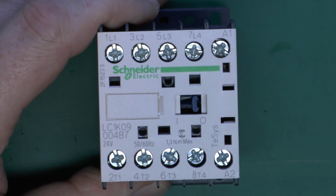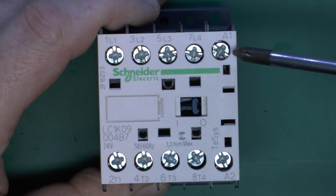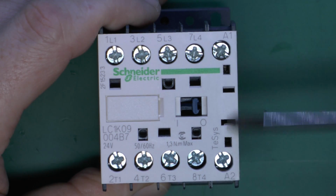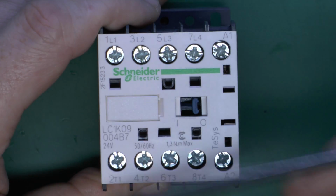Now here's the terminals on this one. They're all front access, which is fairly common on the newer types. Now the coil on this example is the 2 end terminals here, which are marked A1 and A2, and that's a fairly standard designation for the coil. So you would connect your supply to the coil there, which would then activate or deactivate the